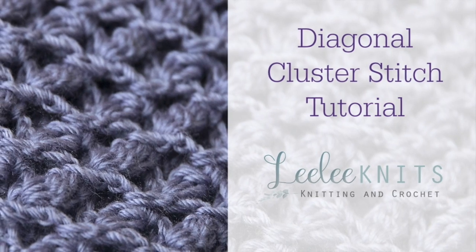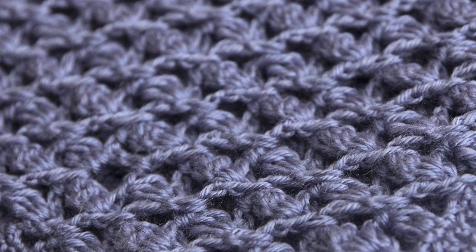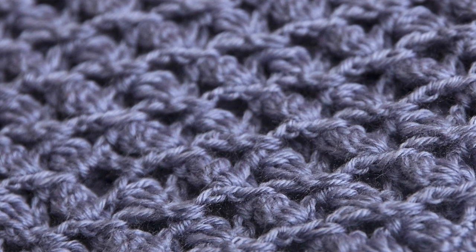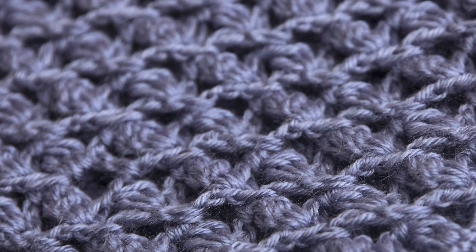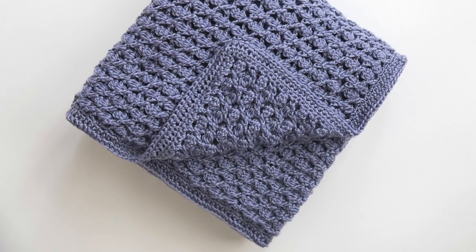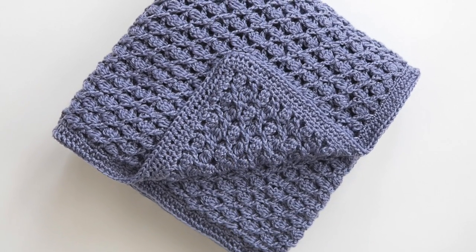In this tutorial, I'm going to show you how to crochet the diagonal cluster crochet stitch. This stitch uses alternating clusters and double crochet crosses to create a beautiful lacy fabric and is used in my heirloom baby blanket pattern, which I have posted for free on my blog at